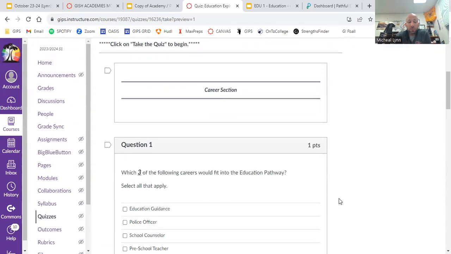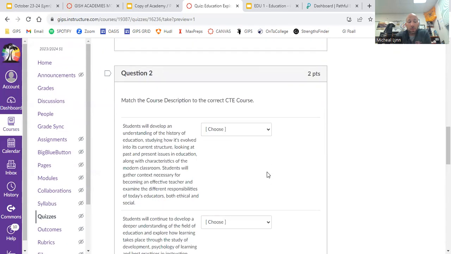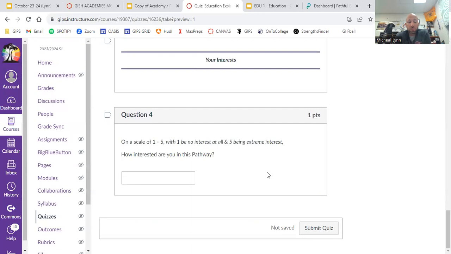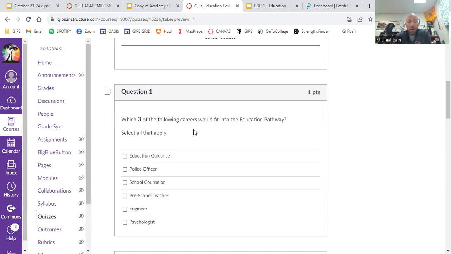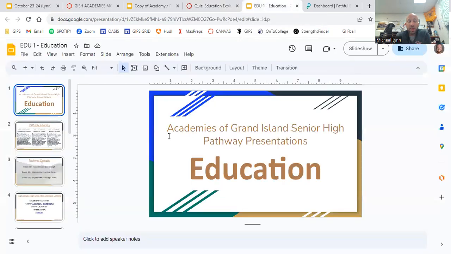And if we look at that, once you hit take the quiz, you can see that there are 4 different questions. Okay, so I'm going to start here. Question number 1 talks about which of the following careers would fit into the education pathway. Okay, most of the information that you're going to need for this that is about our pathway, that's not necessarily about careers that you want to find stuff out about, but just about our pathway, right? And it says here that they would fit into our pathway, is going to be in that education pathway slideshow